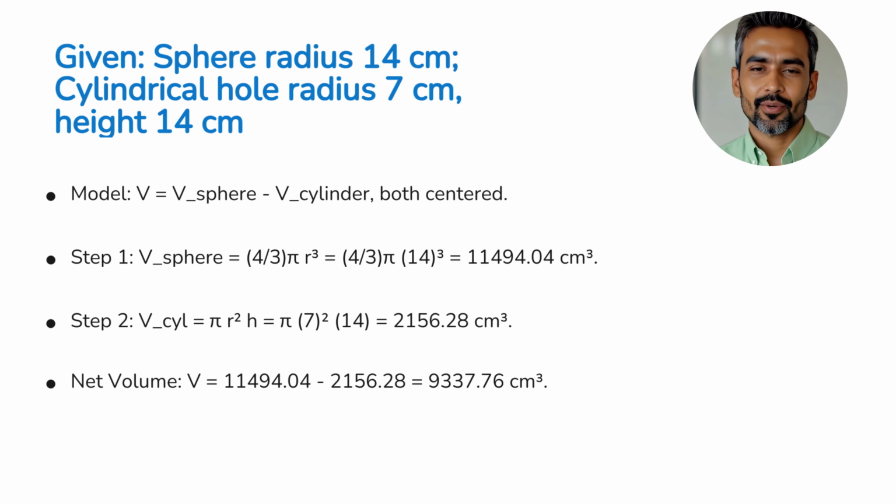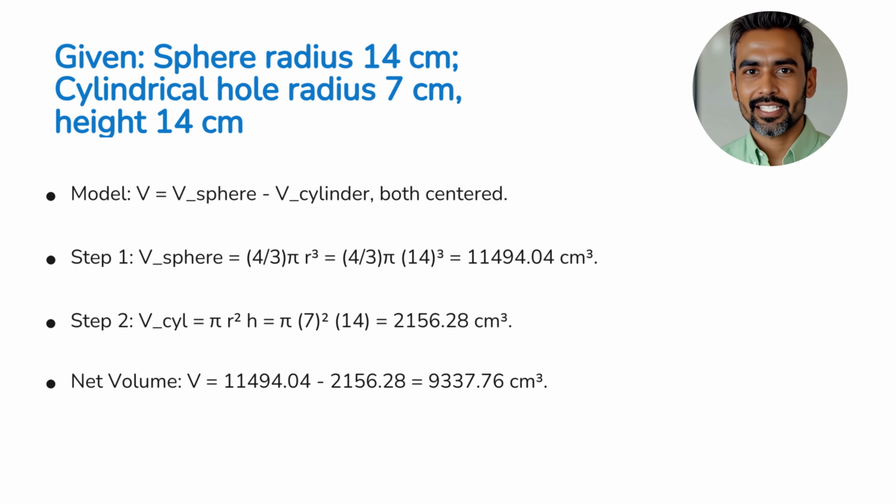Sphere volume is 4/3 pi r cubed. 4/3 times pi times 14 cubed. 14 cubed is 2744. Multiply by pi and 4/3 to get approximately 11,494.04 cubic centimeters. Cylinder volume is pi times radius squared times height. Pi times 7 squared times 14. 7 squared is 49, times 14 is 686, times pi equals approximately